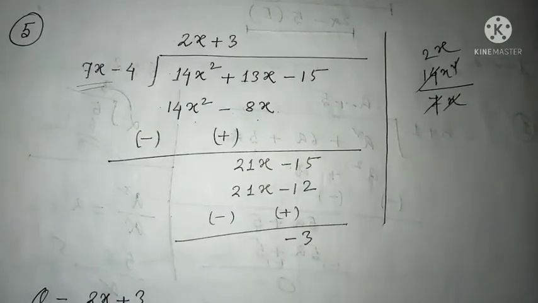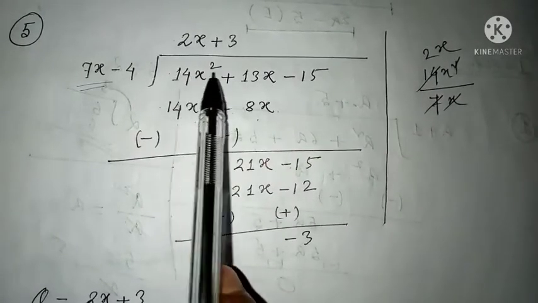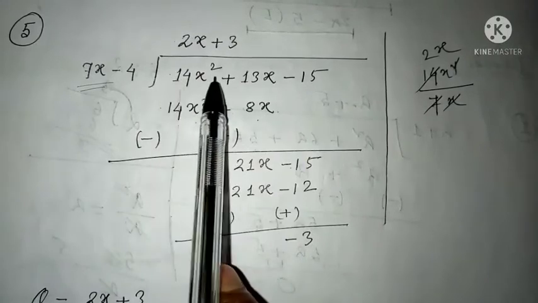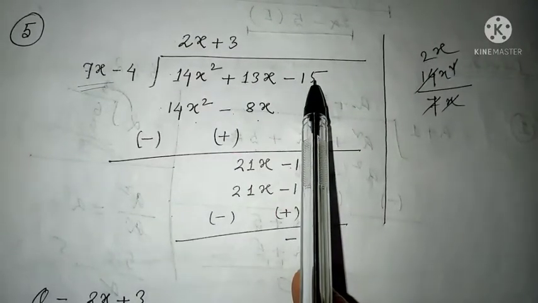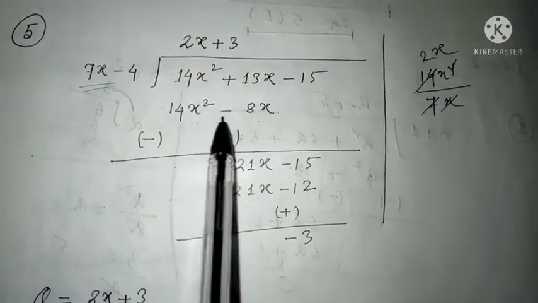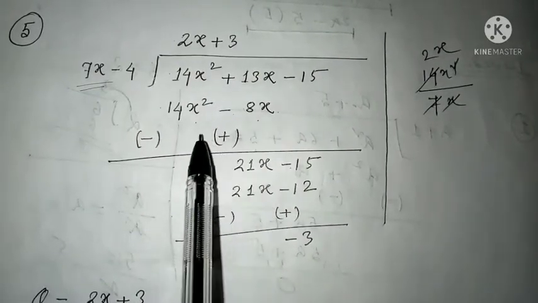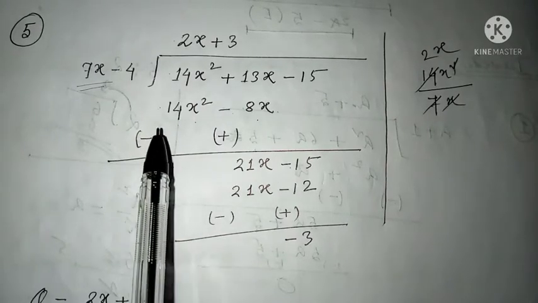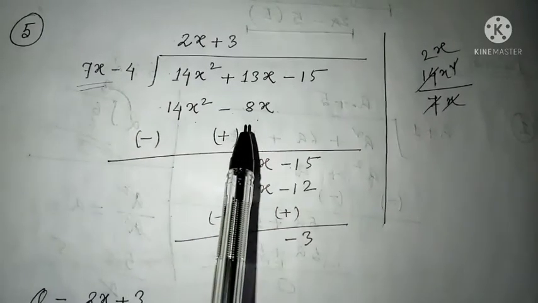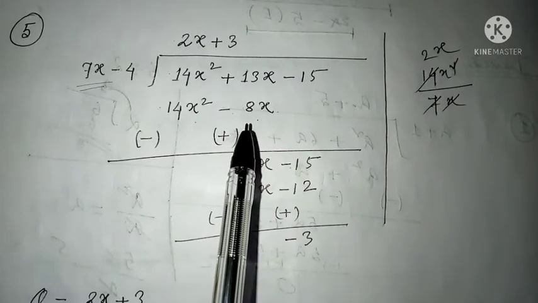Okay, so I am repeating it again. In your dividend section, this part is called the dividend, so here you cannot make any kind of changes in sign. You can make changes in sign only here. It's very simple. If you have a positive here, assume it as negative. If it is negative, then assume it as positive. If it is positive, then assume it as negative.